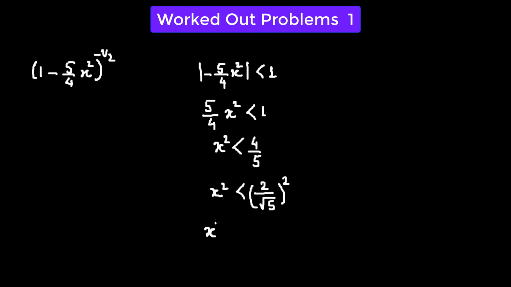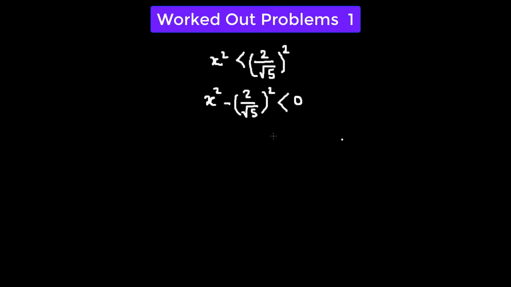Then we have x squared minus 2 over square root of 5 whole squared is going to be less than 0. And that should give us x minus 2 over square root of 5 times x plus 2 over square root of 5, and this value is going to be less than 0,